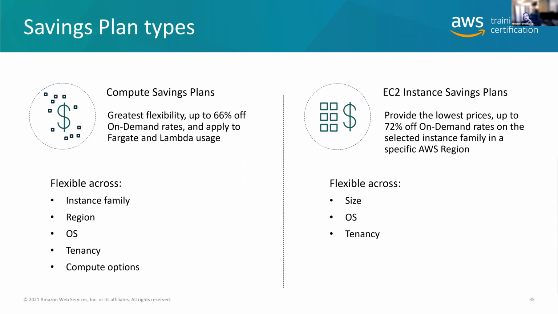And then they have EC2-only savings plans, which will give you flexibility around size, OS, and tenancy. But you're going to get 72%, but you have less flexibility. You can't switch regions and you can't switch instance families. And they also, by the way, have SageMaker savings plans, just so you know. Was it Hunter? I think it was, yeah, Hunter. So just know that they have SageMaker savings plans for data scientists.